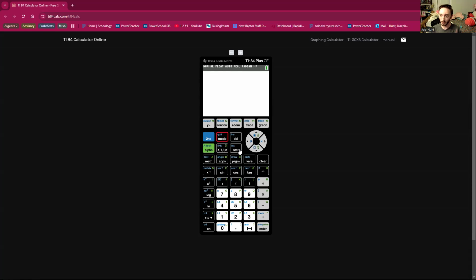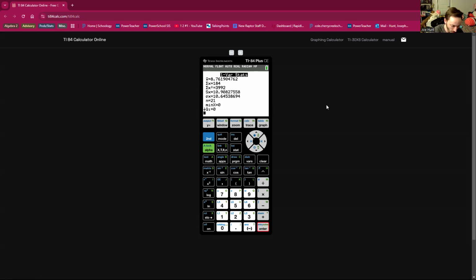Here, we want to calculate the one variable statistics because we're only measuring one variable here, the hours worked per week. So I'm going to hit stat, and I'm going to go over to calc, and I'm going to go to that one variable stats option, and I want to use this function on the list L1. So I'm going to hit calculate, and it's going to give me all my statistics that I need here. I've got my x̄, so my average there is about 8.76. And I'll write this down probably because I'm going to need to hold on to that.